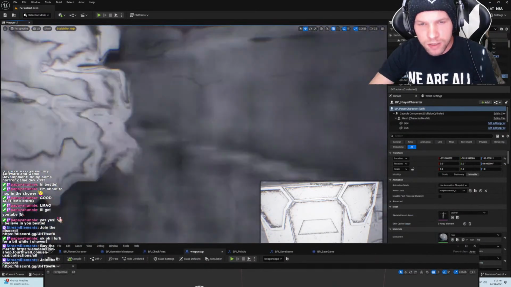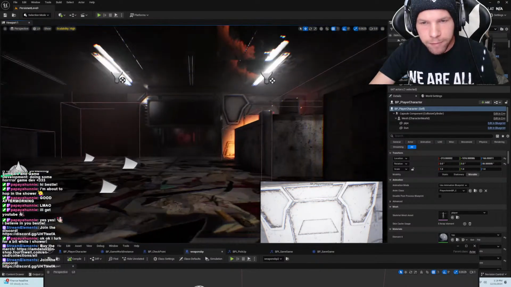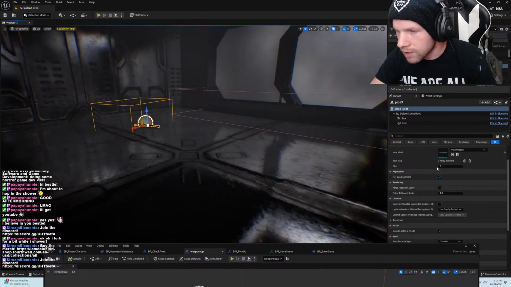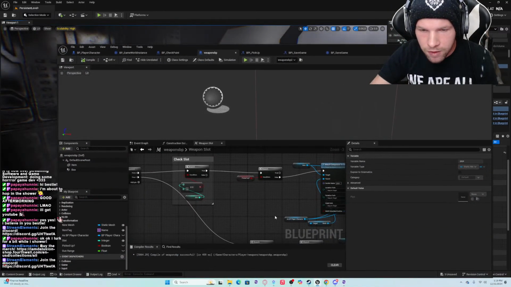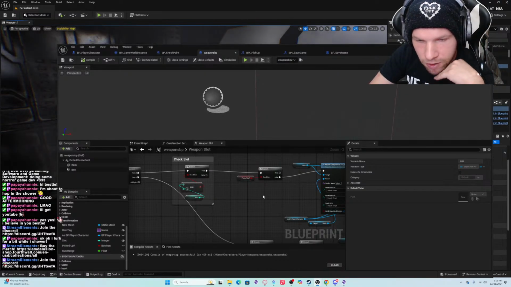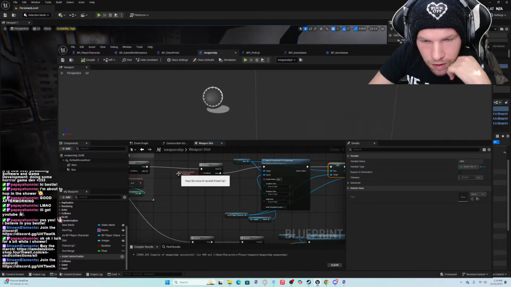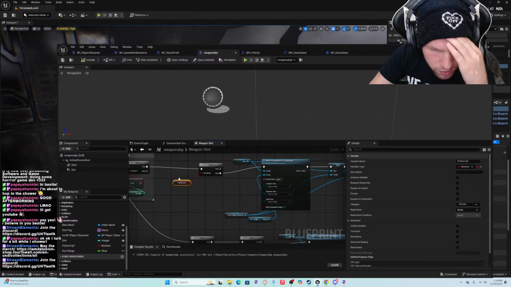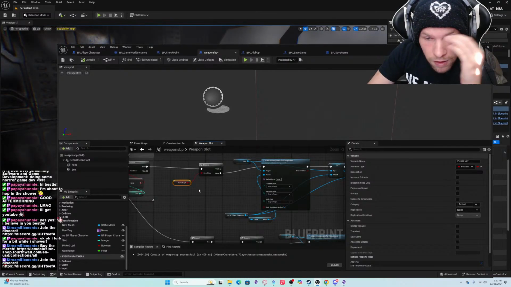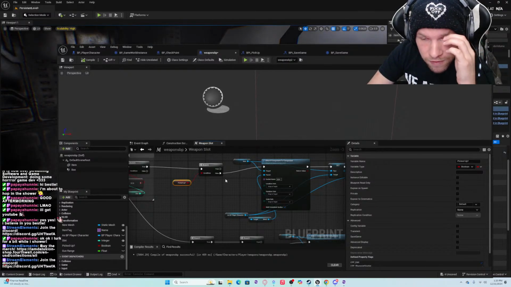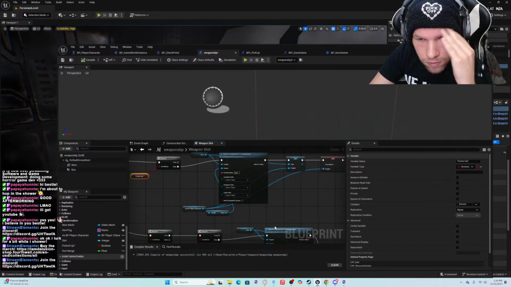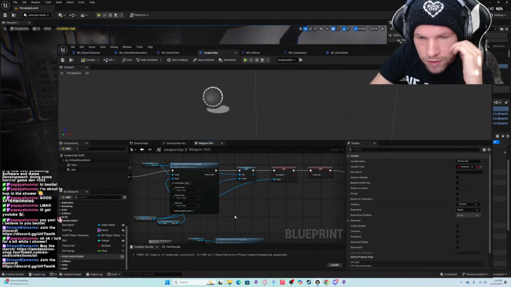I think 0 is for the pipe and 1 is for the pistol. Let's see, okay, yeah, so slot 0 is for the pipe. So here we're checking if the slot is equal to 0. If it is, we're checking if picked up is true or false. If it is false, we are attaching it to the player slot.